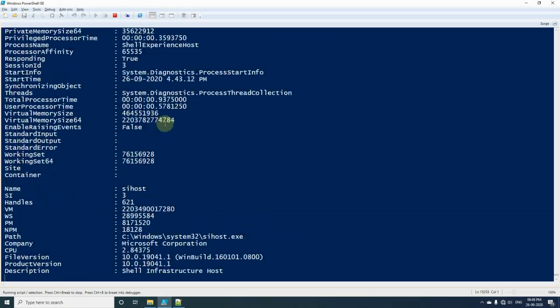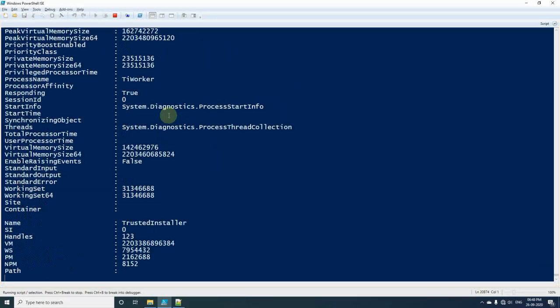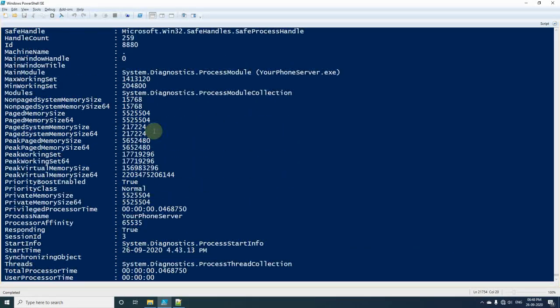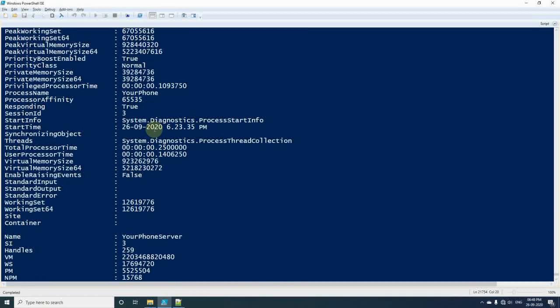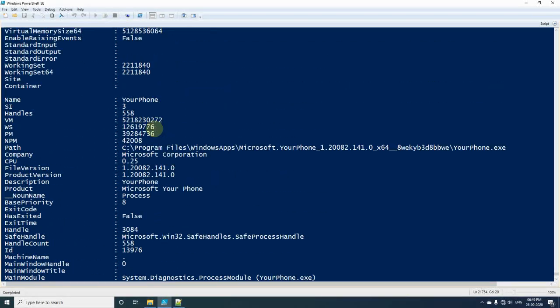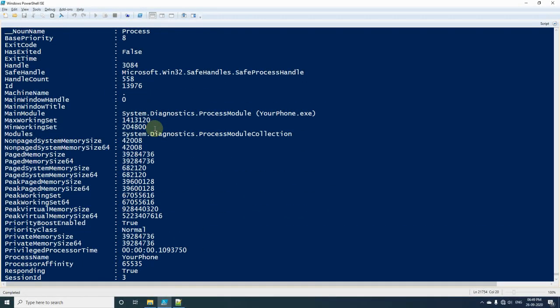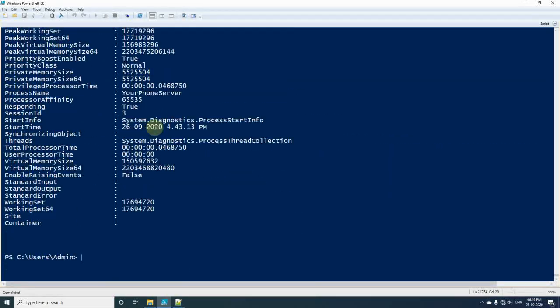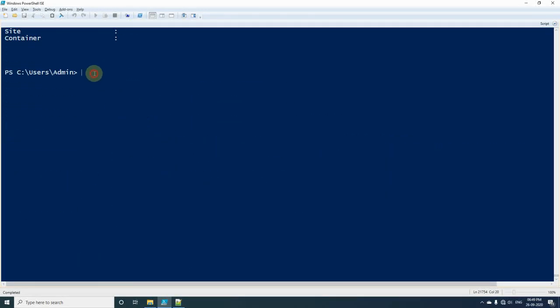After I execute, you can see that whatever data was in the CSV has been imported and displayed on the screen. So we have seen how we can use the culture parameter while exporting and importing the CSV.